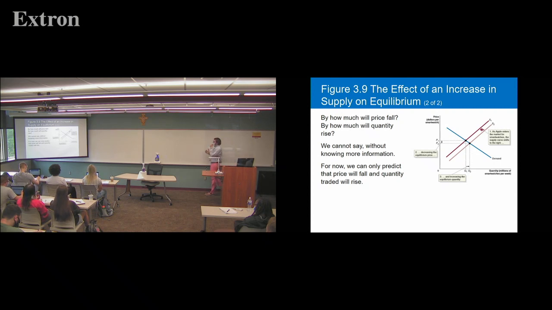So how much exactly is price going to fall? If we're looking at a real market, trying to understand the real market, not just an example that has some numbers that are given to us, we're not sure how much the price is going to fall or how much the quantity is going to rise. We need more information to be able to do that. So for now, when we talk about these supply and demand curves, and we look through what they're doing when they shift, you can only talk about the direction. The price will increase, quantity demanded will increase, things like that.